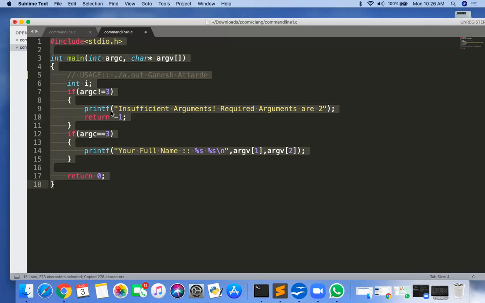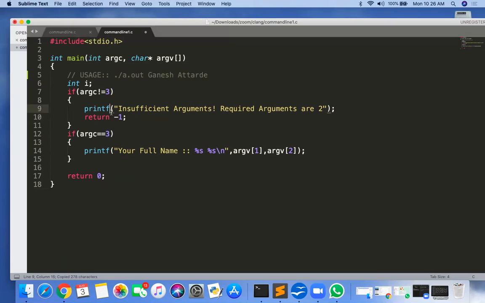Sir, this command line argument we can't use in Turbo C, sir. Yes, in Turbo C we can't directly use it. We require to use the command prompt in Windows. The exe file is created; suppose the name of the exe file is hello.exe.